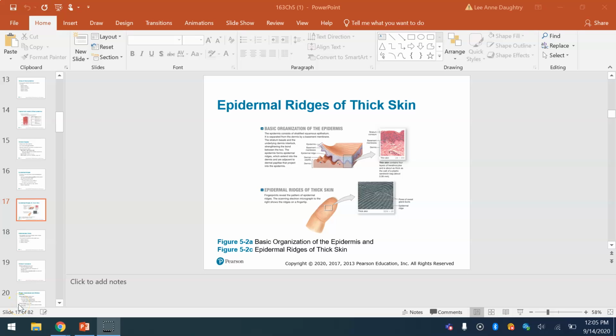This is part 2 of the integumentary system. Get this slideshow in place. This is the slide that we left off with,